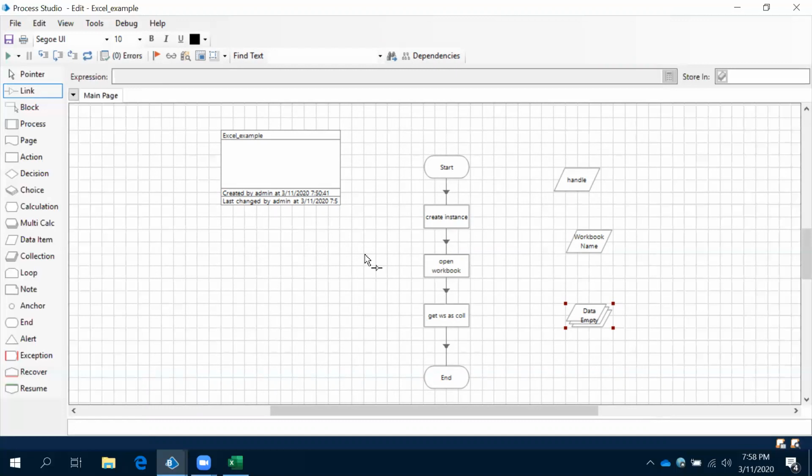If another process wants to work with the same Excel file, it will show you a problem. So remember, create instance and close instance are mandatory, like launch and terminate. Let's use close instance here also.